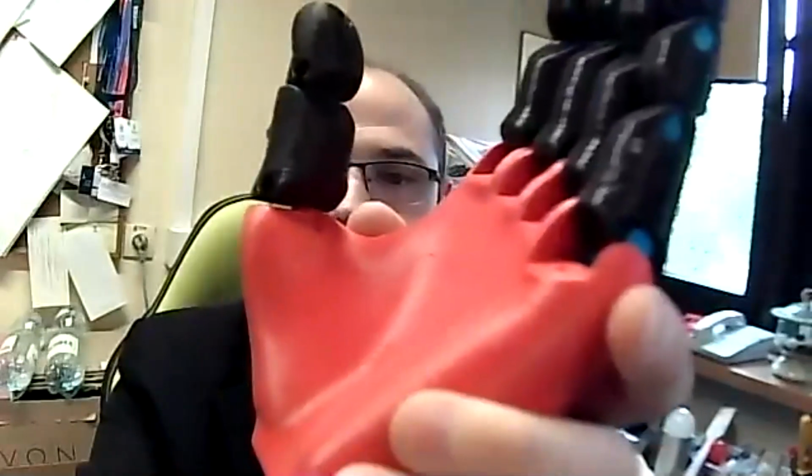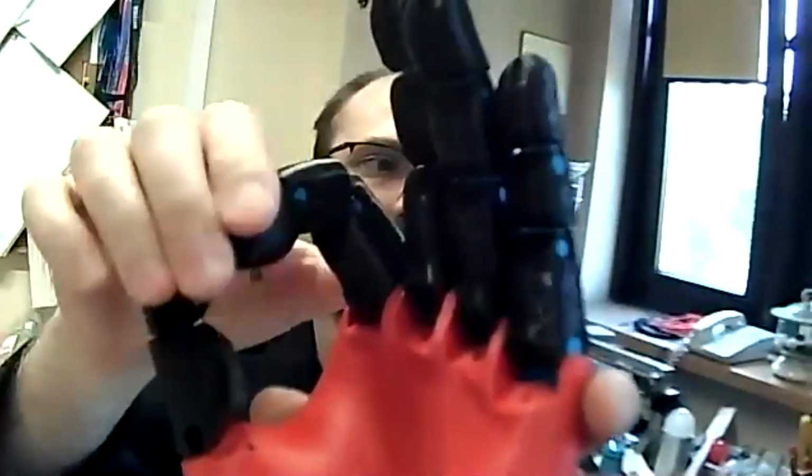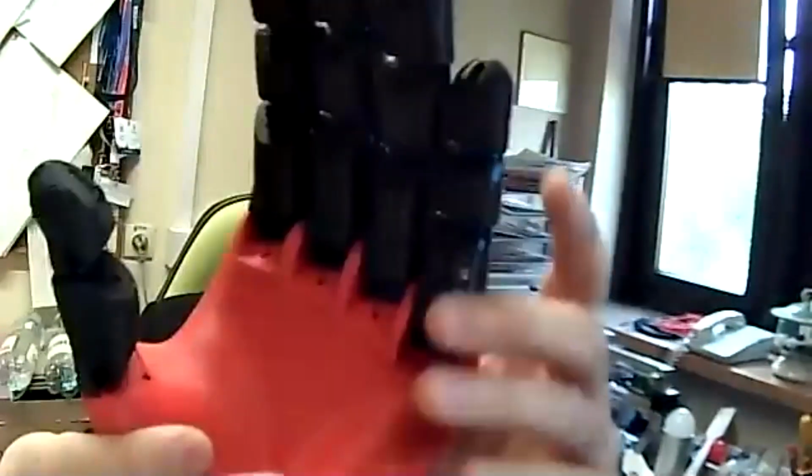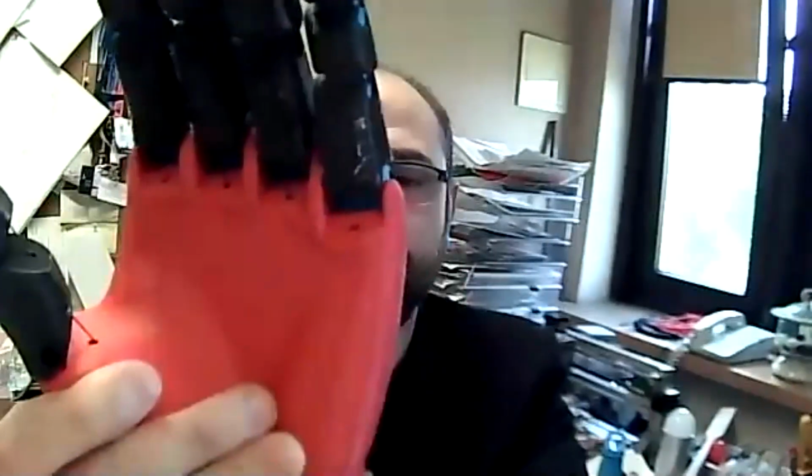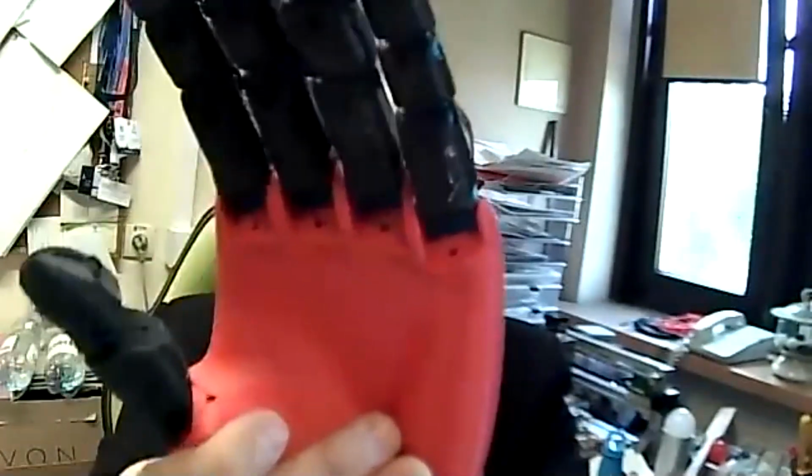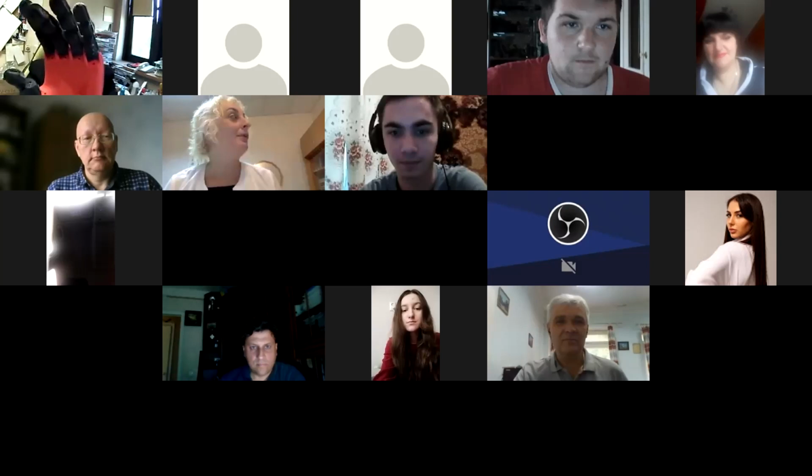Here we have some printer, and this is regular 3D printing. I told you that this joint also was printed on the printer, and when you pull this wire, you can change these parts. But this is regular 3D printing.